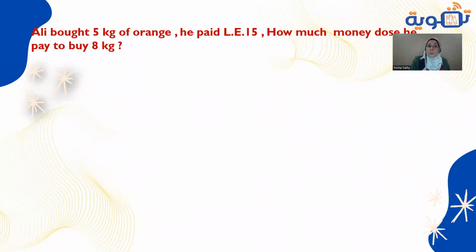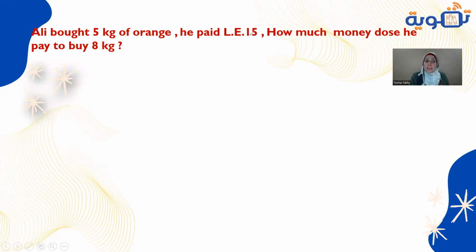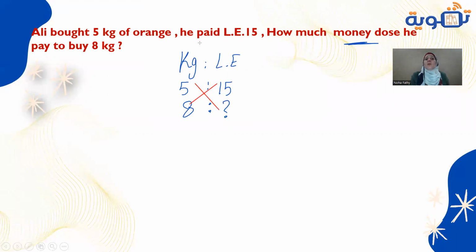We have here a worked problem. Ali bought 5 kilograms of orange. He paid 15 pounds. How much money does he pay to buy 8 kilograms? So I have now kilograms and the price of it in pounds, LE. When he bought 5 kilograms of orange, he paid 15 pounds. How much money? So question mark under money to buy 8 kilograms. Then make cross multiplication. So I will write 15 times 8 divided by 5 equals 24. So he will pay